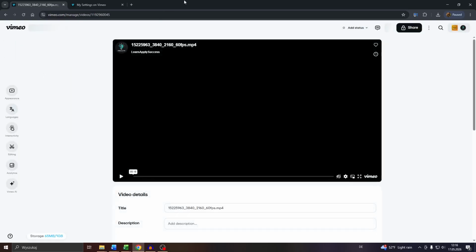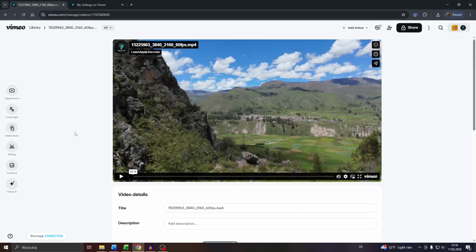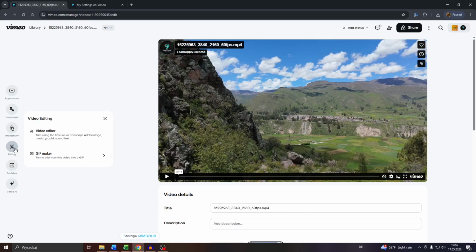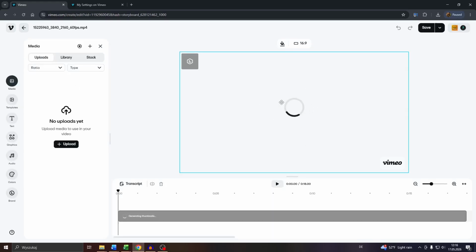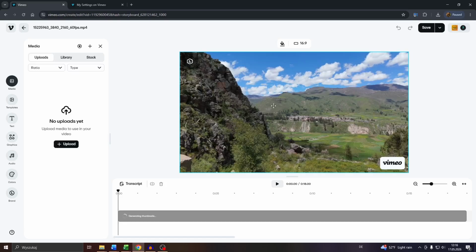What you want to do next, guys, is access the editor. So to do that, click into editing here on the left hand side, select video editor. Next, what you want to do is wait till the loading finishes here. And then what you want to do next is click into the given frame here or preview window and then